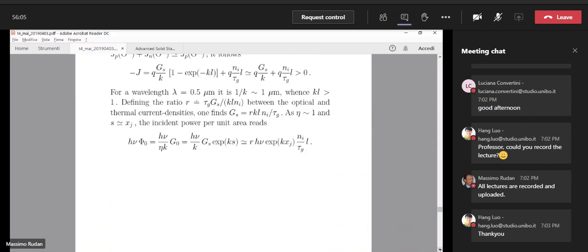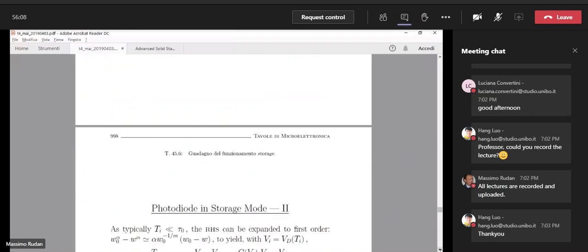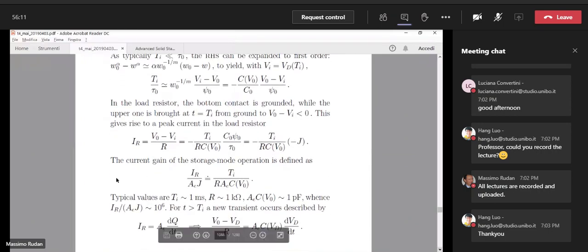So the current at the time of closing the switch is V0 minus Vi over R. And then we replace all the quantities because we can extract V0 minus Vi from the first relation. So it is this one. And this is the current, okay? This current can be divided by the current of the generator. You remember the current gain